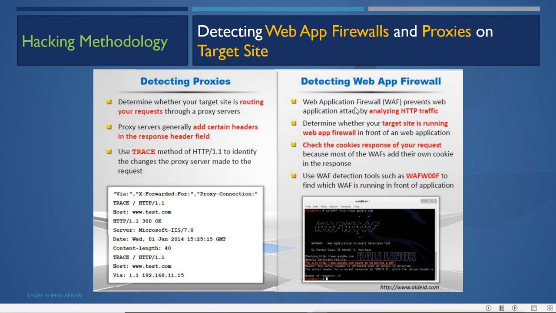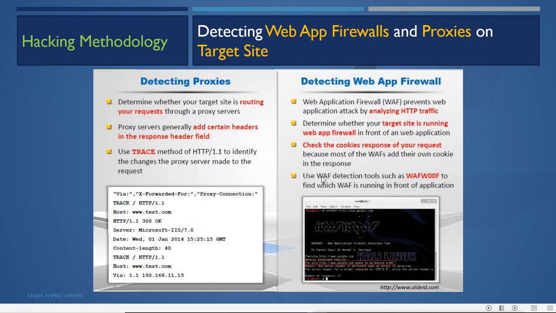Then detecting web app firewall. This web application firewall, that is WAF, prevents web application attacks by analyzing the HTTP traffic. Determine whether your target site is running a web app firewall in front of a web application. Check the cookies in the response of your request, because most of the web app firewalls add their own cookie in the response.